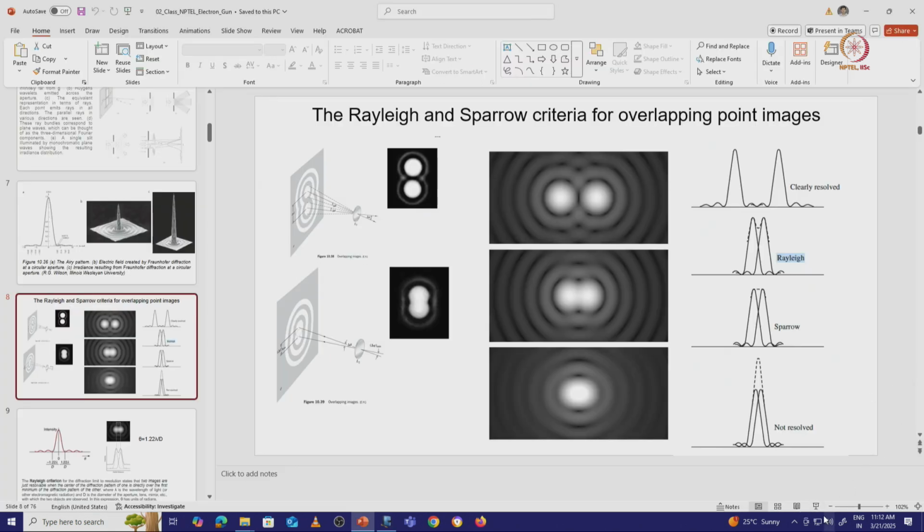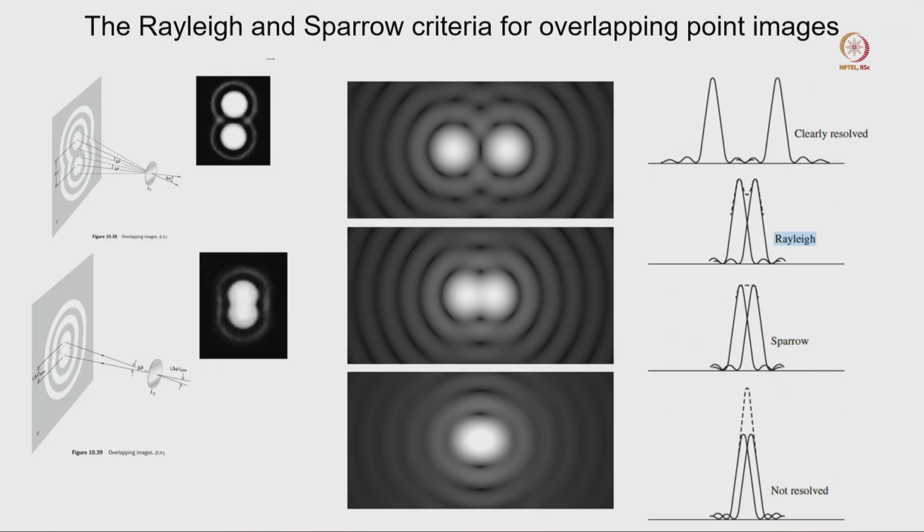So this is the diagram. You can see Rayleigh's criterion: this one is completely separated. Here, these two points are still close to each other but do not overlap completely. Here, the two points are completely separated and there is a huge distance. So we cannot consider this and this and say that this is the resolving power of the microscope.